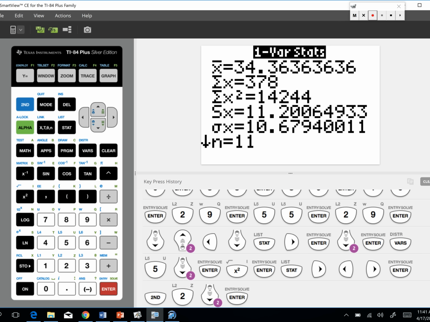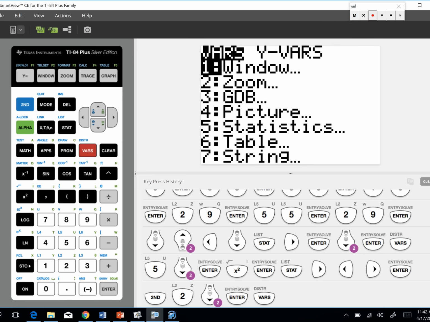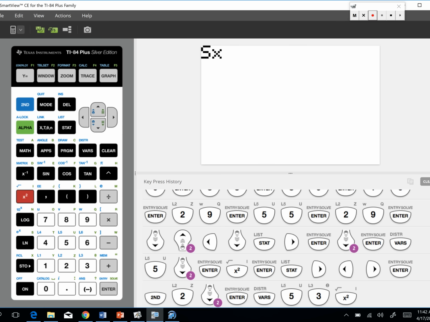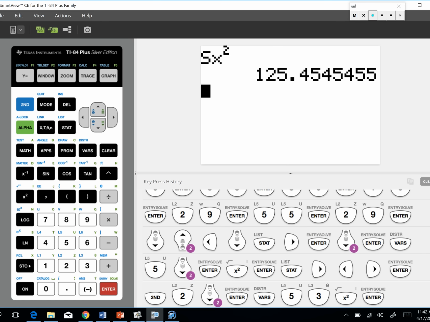Again, this is just standard deviation. We need variance. You can take the 11.2 and put it in your F formula and square it. Or we can go VARS, statistics, Sx, and then square it. It'll just give you a more exact value. Either way is okay. I'm fine with whichever way you want to do. So if we go back to our example,